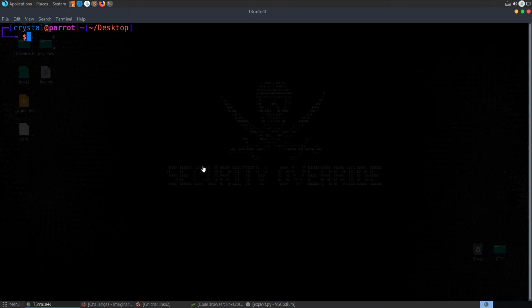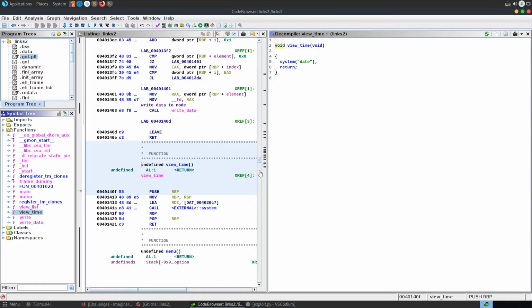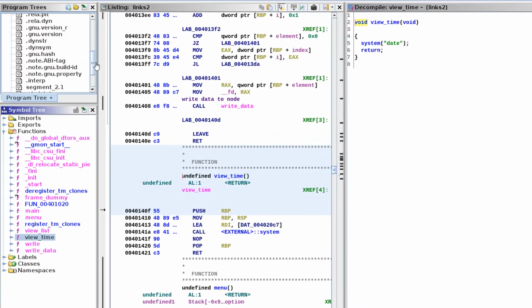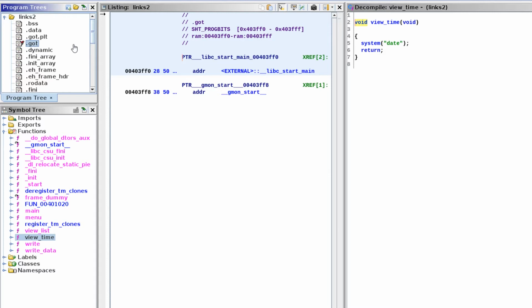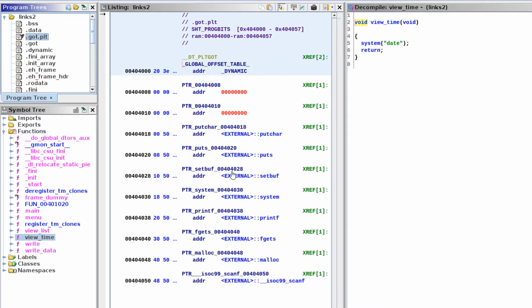So what is our attack plan? Well, you've heard me mention the global offset table a couple of times, and if you've seen some of the Pwn challenge videos I've done before on buffer overflow exploits and format string exploits, a common practice is to overwrite elements in the global offset table. So once the global offset table has been populated with the address, you can see here at the moment the system address is